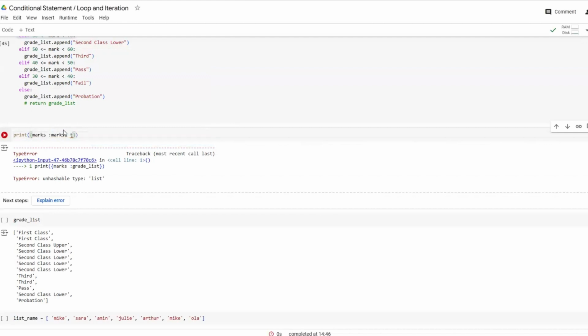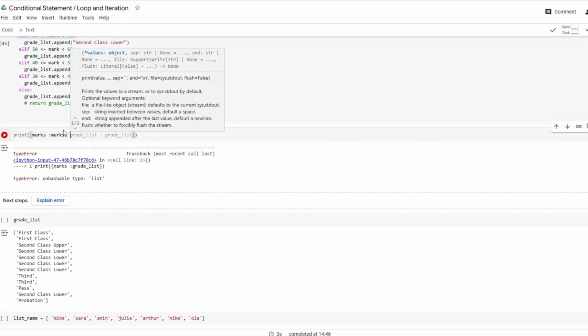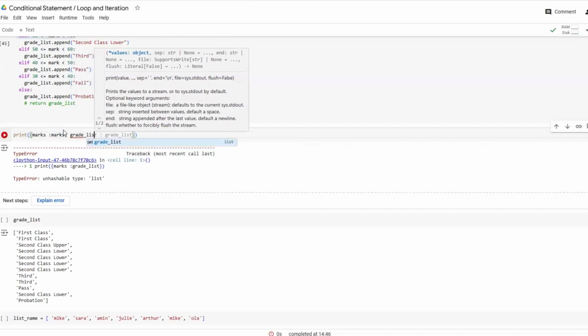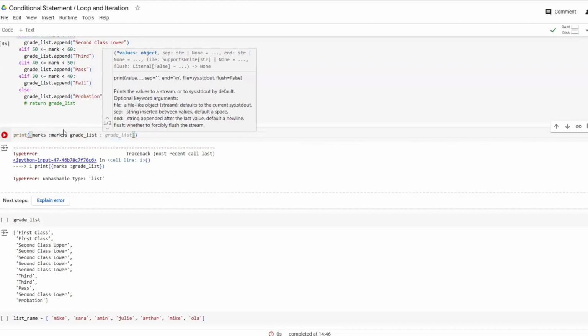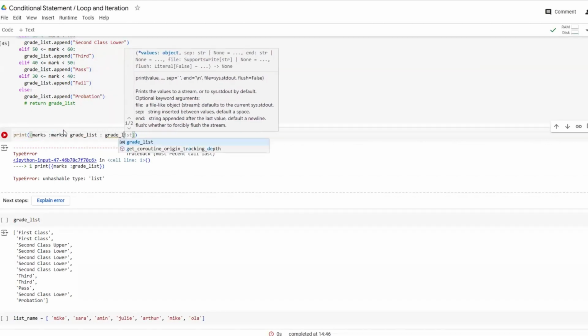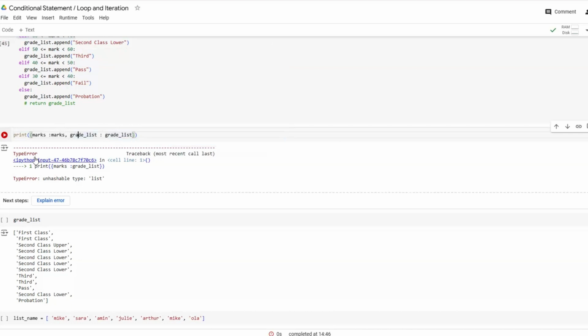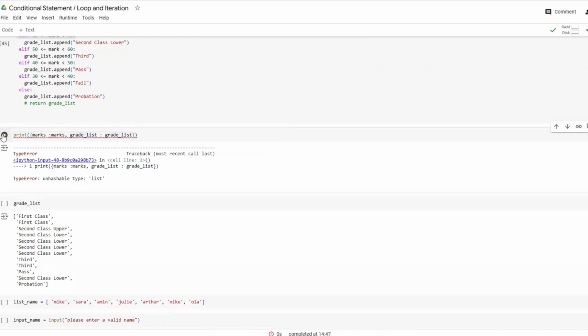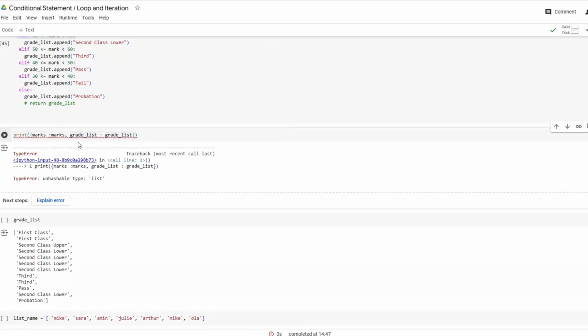Then we have grade list as grade lists. Okay, so let's print this. There's a mistake also. I think that is just a, oh, sorry. It's my bad. Column. Okay, so